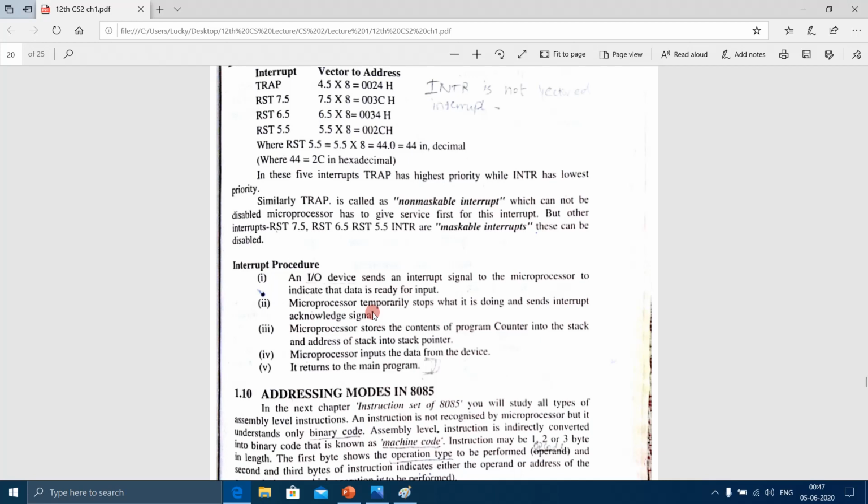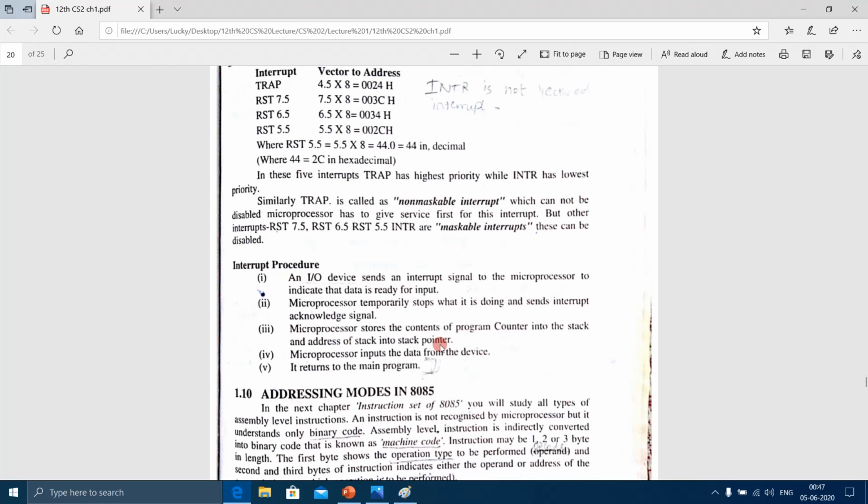The microprocessor stores the contents of the program counter into the stack. Stack is a memory and stack pointer is a register. The stack pointer holds the address of the stack. If you have watched the video on program counter and stack pointer, then you will come to know what is written in this sentence.